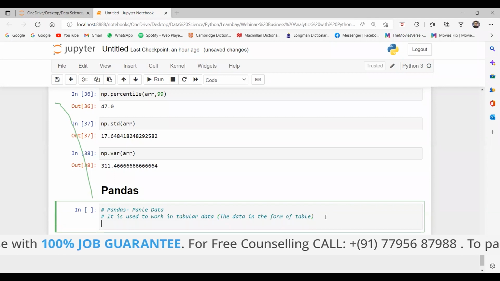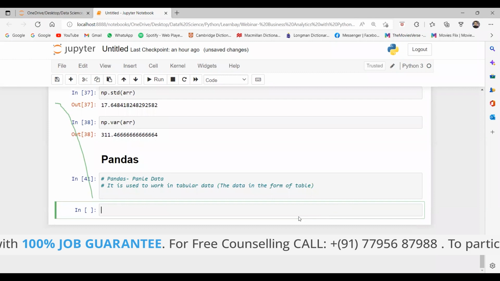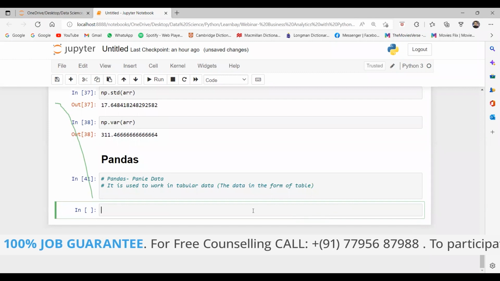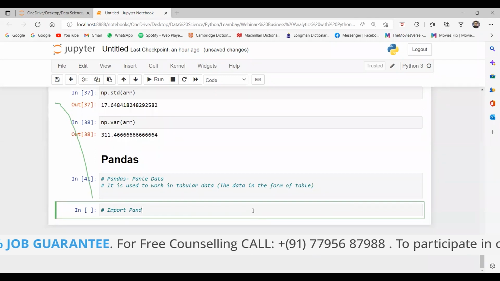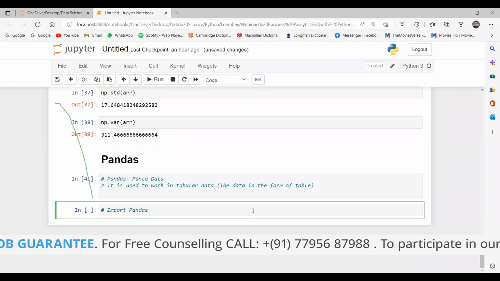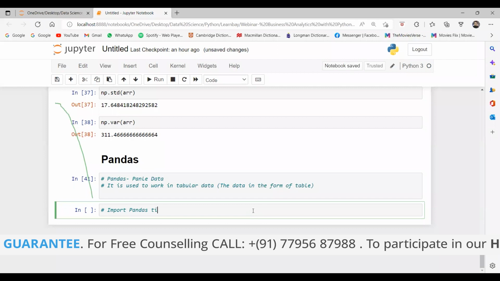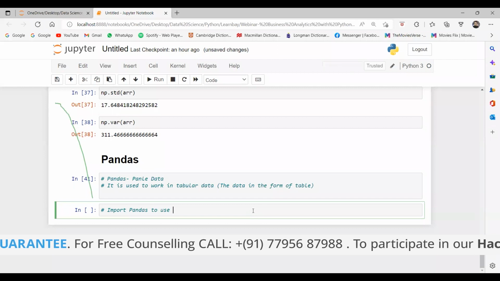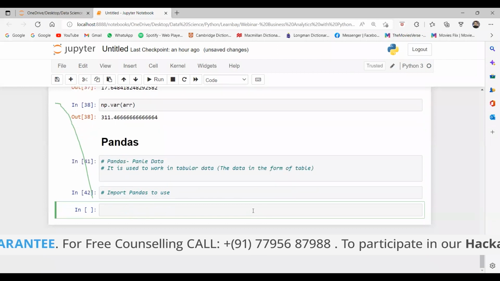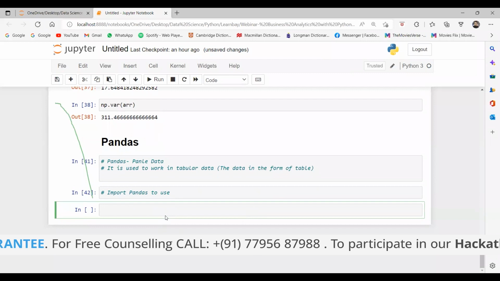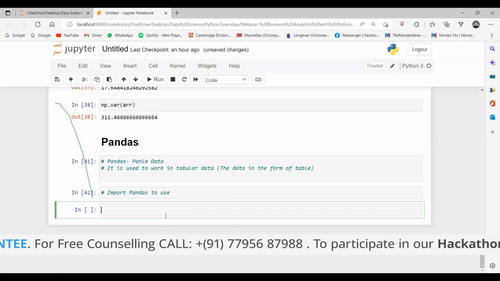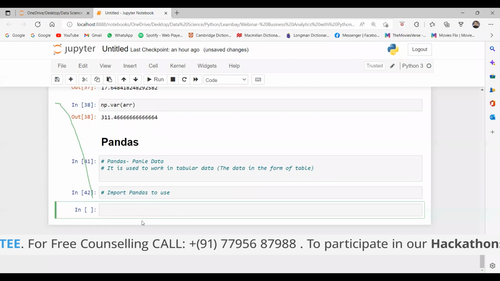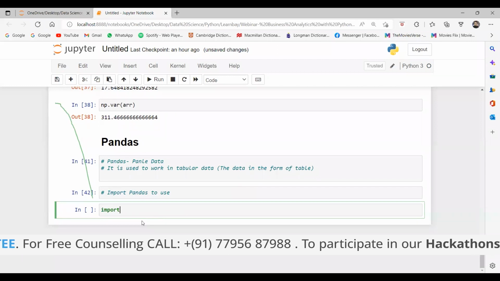So let's talk about pandas. First of all, we have to import pandas to use it. Any library we want to use, first of all we have to import it, if we want to use any function related to that library. So I can say import pandas.